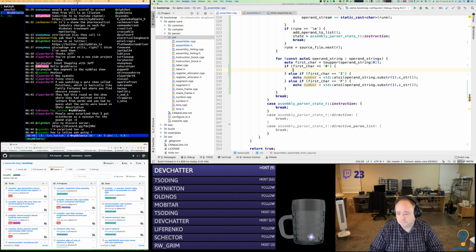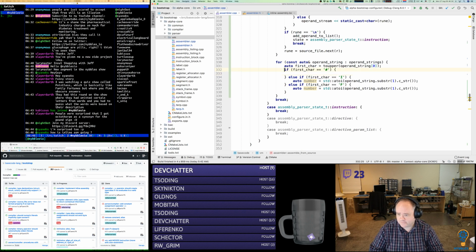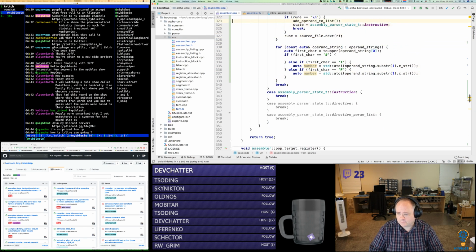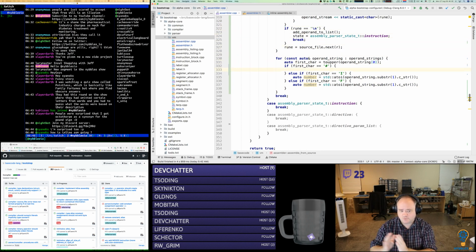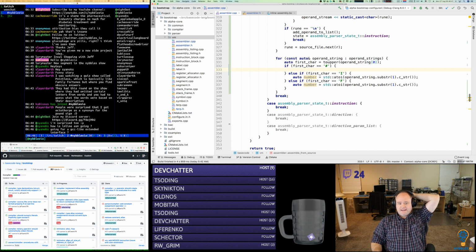Yeah, it's coming along. I'm in the process of parsing the operands here, and I've got the basics of that in. Now I'm just dealing with the actual operands and converting them into their type, essentially. So, got registers, immediate numbers and labels, and